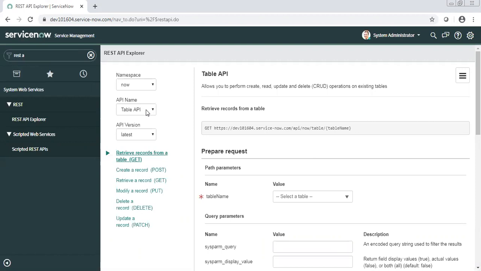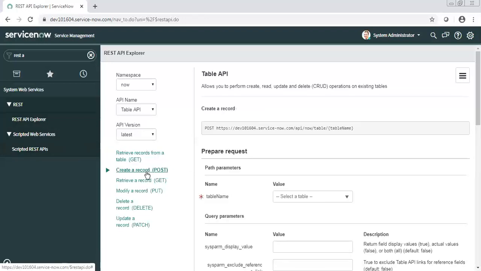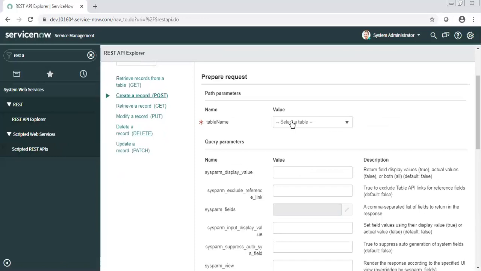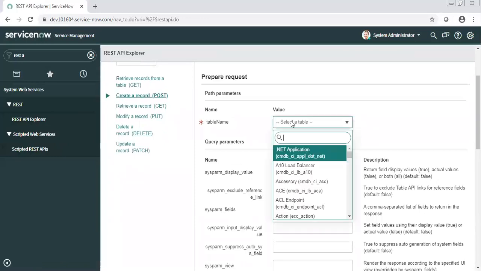Now, as we decided to use the direct API or direct web services, direct means the Table API. In the Table API, all the logic and all the code are already written by ServiceNow. It's readily available for you to use. So we navigated to REST API Explorer, and as we are talking about creating a new incident, that means POST. Now, in which table are incidents there in ServiceNow? It's the incident table, right?